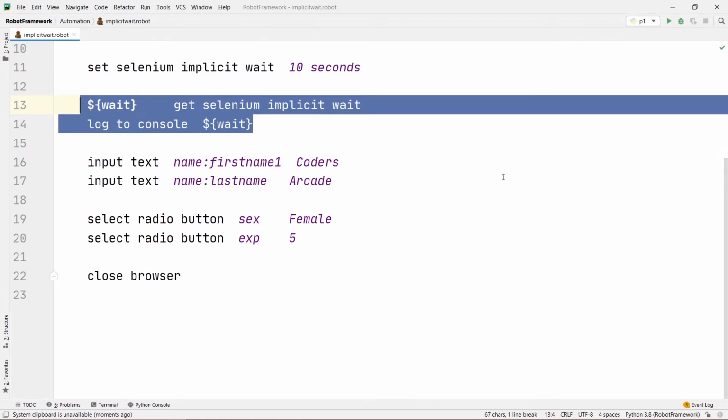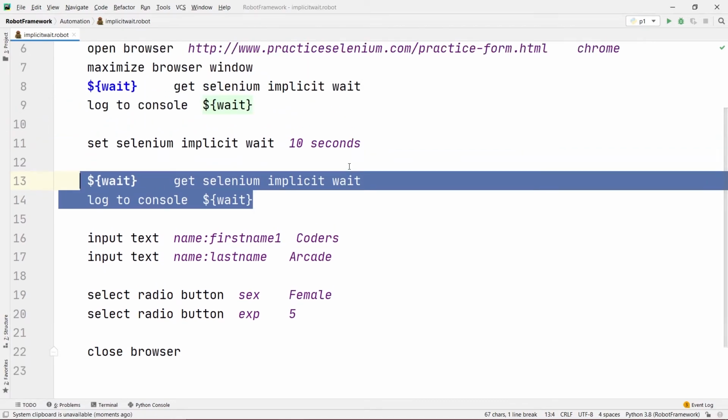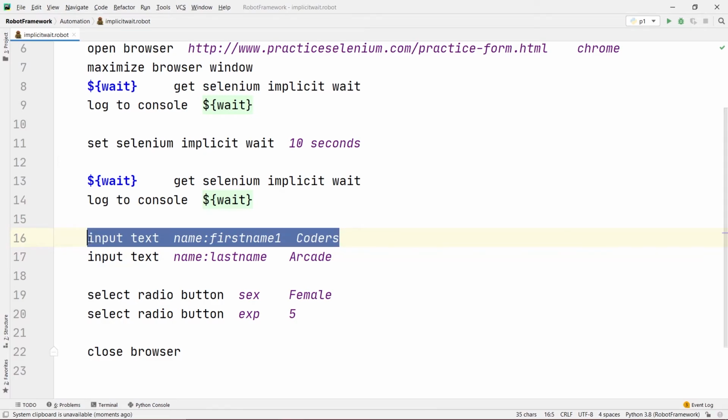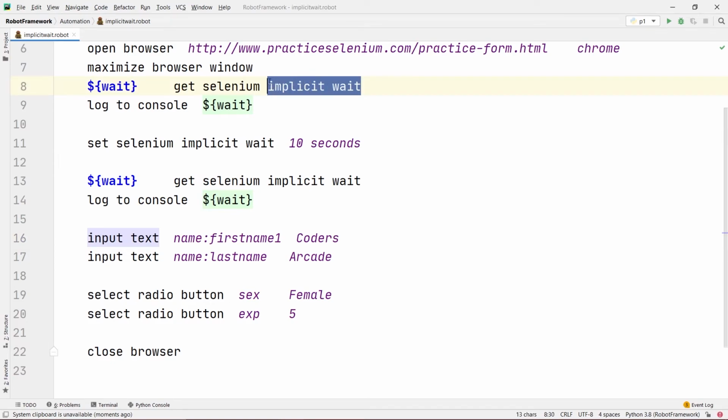So basically this is what selenium implicit wait does. Implicit wait is nothing but when your program encounters an error at some point of code, how much time it should wait for that code to be resolved. This time is set into this implicit wait.